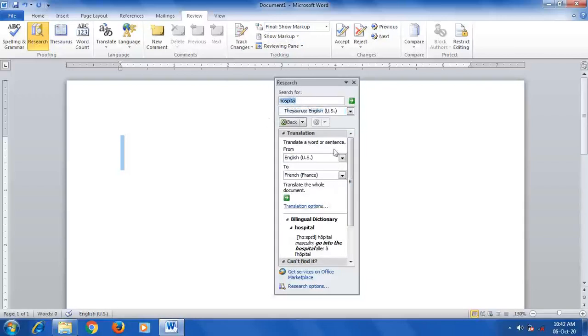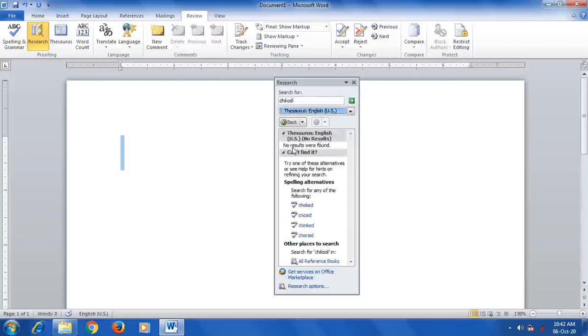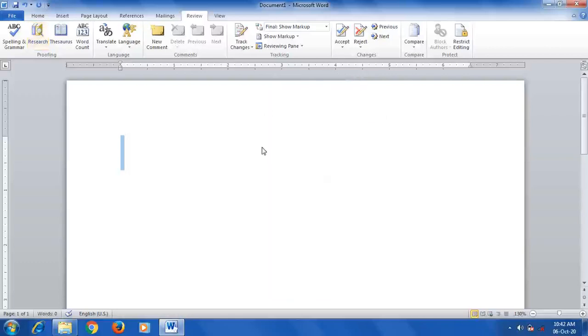And if a word does not exist, for example, let me type one word. I will type Chikkodi. The word Chikkodi does not exist in this dictionary. When you type it and click on the search button, you will get the result: No results were found. In the sense, this word does not exist in the computer's dictionary. When it doesn't get the meaning of that particular word, the message No results were found will be displayed for the user. In this way, we can use the thesaurus option in a Microsoft Word document.